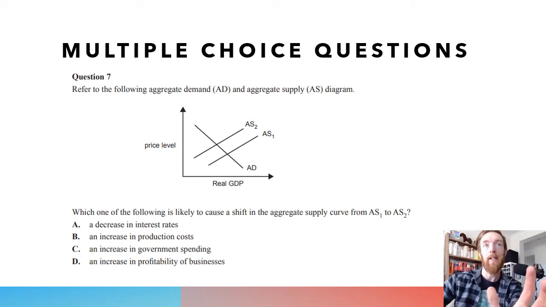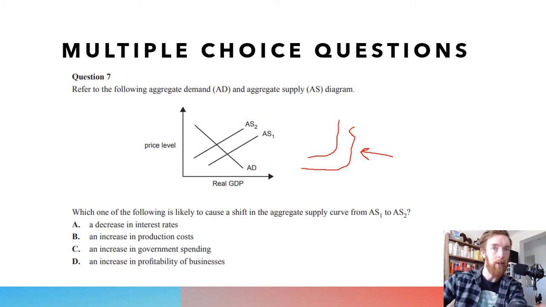So first up, refer to the following aggregate demand, aggregate supply diagram. This you may see in 2 different ways. Sometimes you might see the aggregate supply curves like this, without that weird squiggle at the end because I hit my keyboard. Sometimes they might look like that. Sometimes they might look like straight lines. I prefer the curved lines, but that doesn't matter for this question,